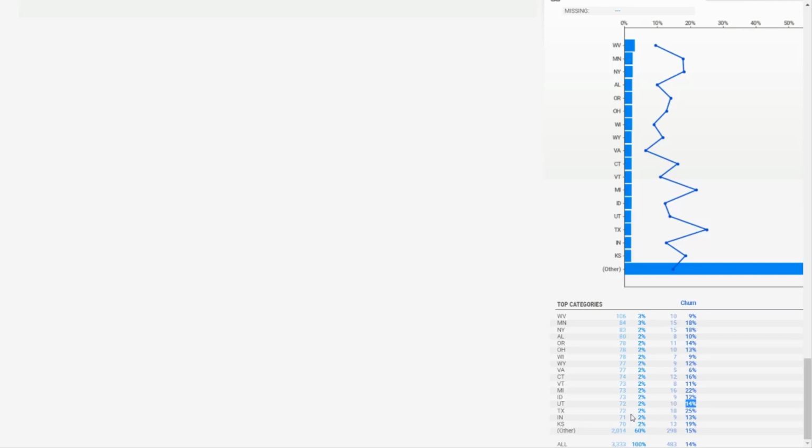Similarly, in the Texas area, TX, we have 72 customers from Texas, which contributes to 2% of my overall customers, and among which about 25% churned out. So you can look into the state also and see if there is any problem with that particular Texas region or UT region, or maybe you can see the MN region, where you have more customers churning out. So this gives us a very good understanding about the data set.